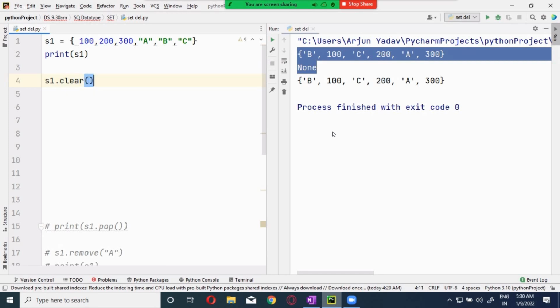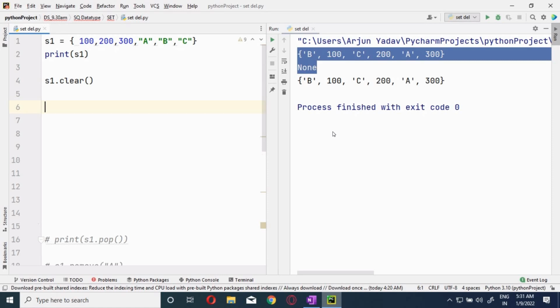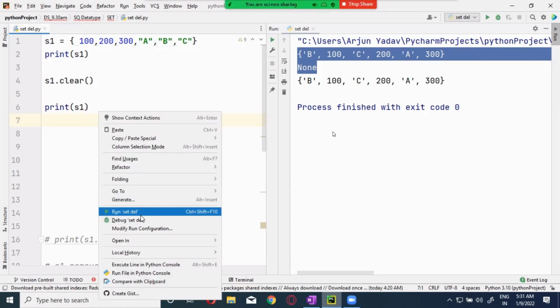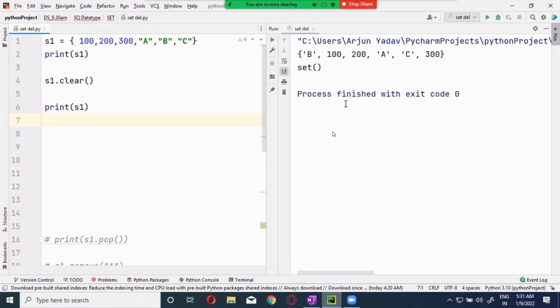What will this do? It will clear all the elements of the set and it will not delete the structure. Still the structure will exist over here. Now if you print S1, it shows set(). Don't think that empty brackets will be given, because that is different. If they give empty braces, that is an empty dictionary, not the empty set.